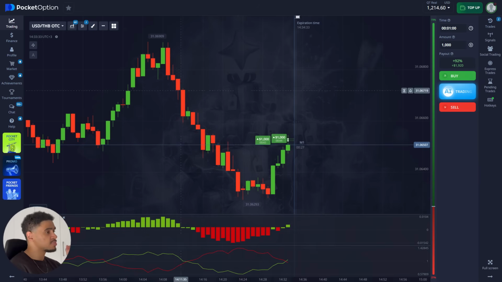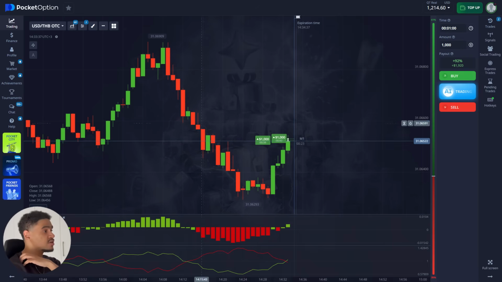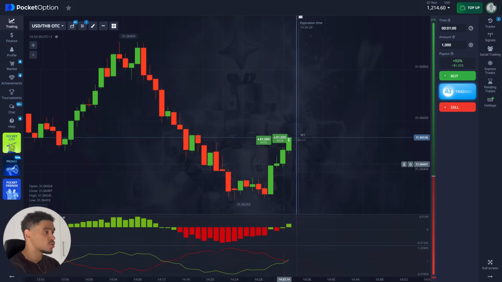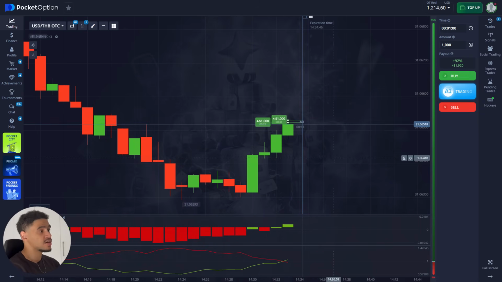Hopefully we get a replication of the stronger move that we had earlier in a downside direction, and it mirrors it and goes up. This is what we're looking for with this swap right here, and this is going to yield us almost $1,800 of profit. So let's play it out. Let's see how it goes. We still have 27 seconds.